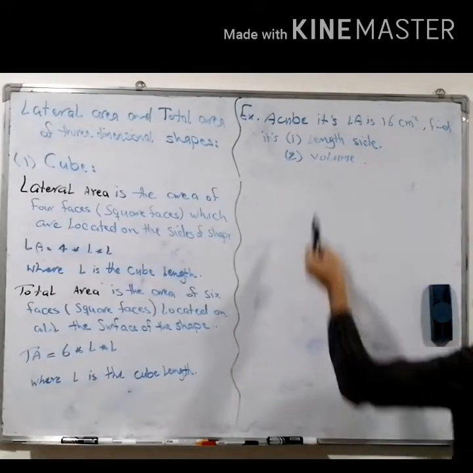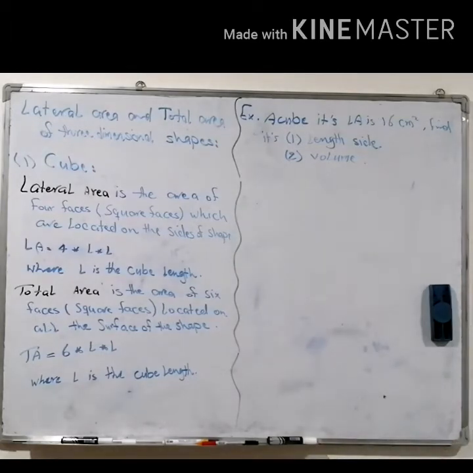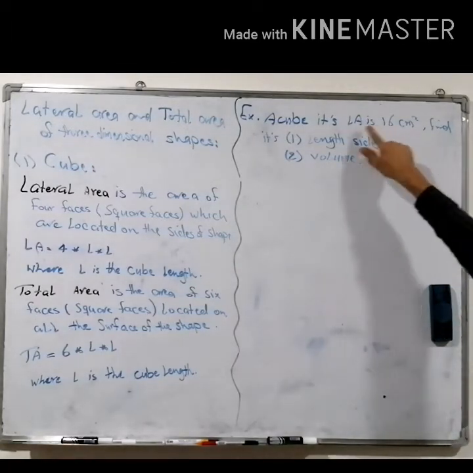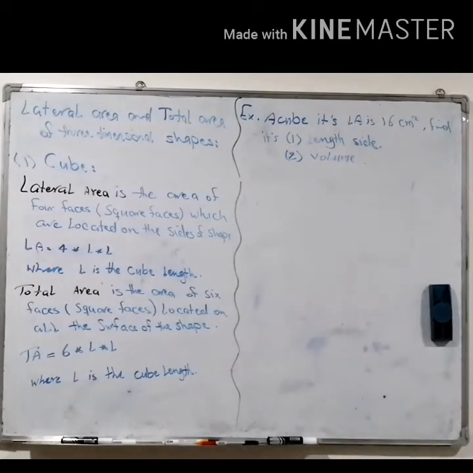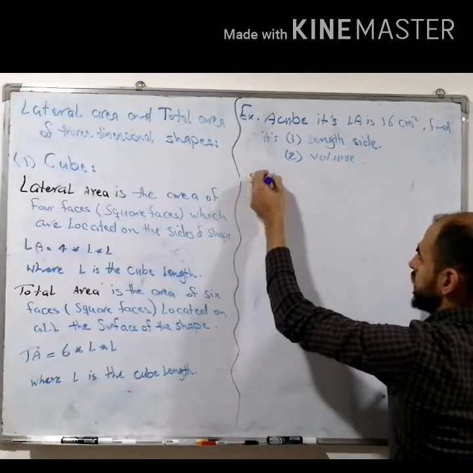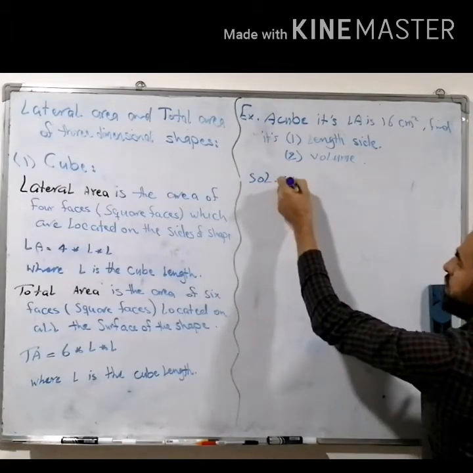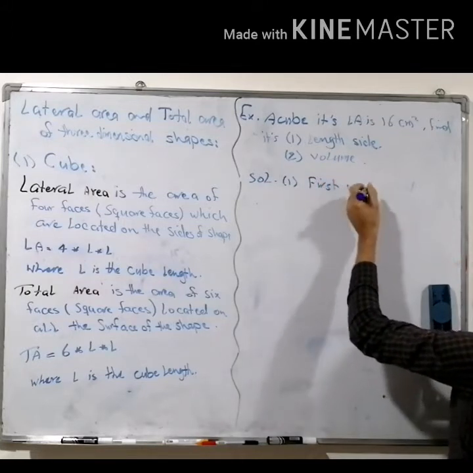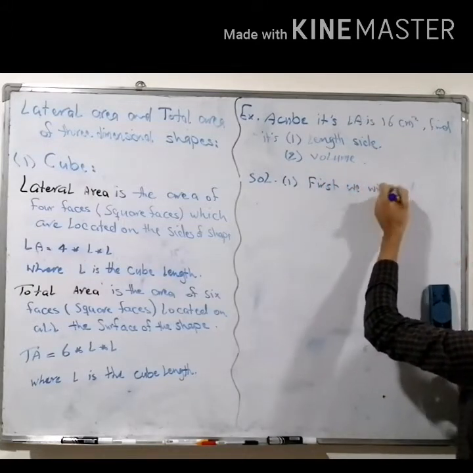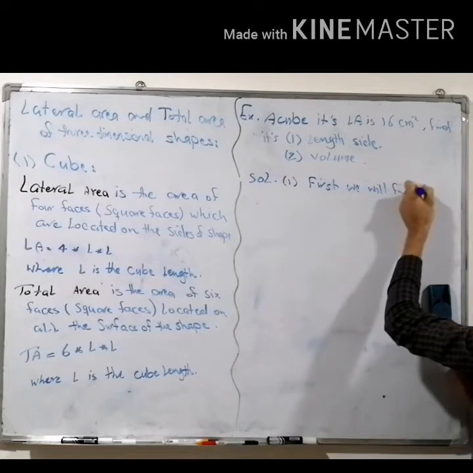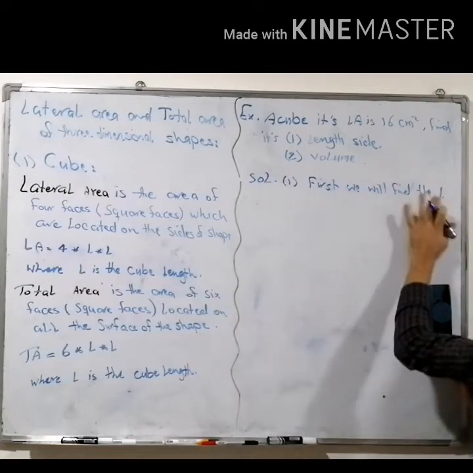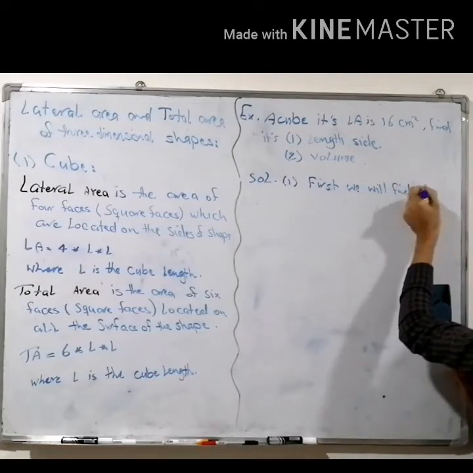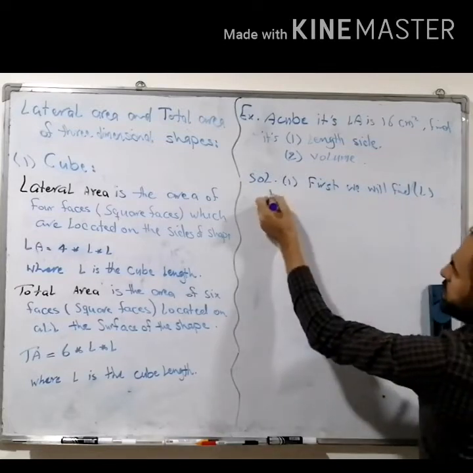After we find the length size, we can find the volume. To find the length size from the given lateral area, you have to use the law of lateral area. So the solution of one: first, we will find the length size, L, by using